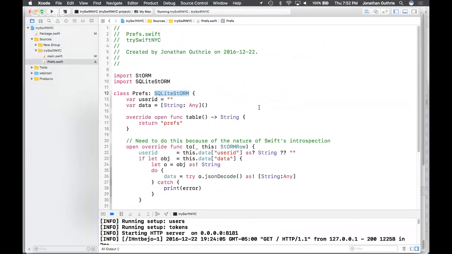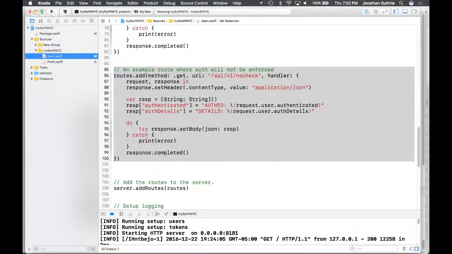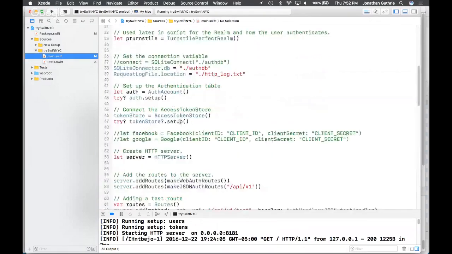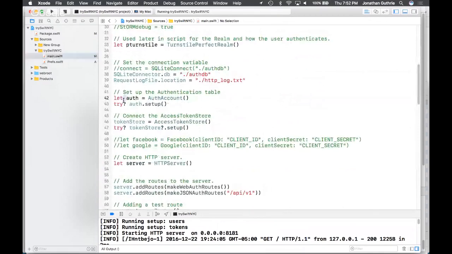However, in order to get that to be set up, we have to go back to main.swift, scroll to the top, and you'll see we have our let auth equals auth account and then the setup. We're going to do the same thing for our preferences table.